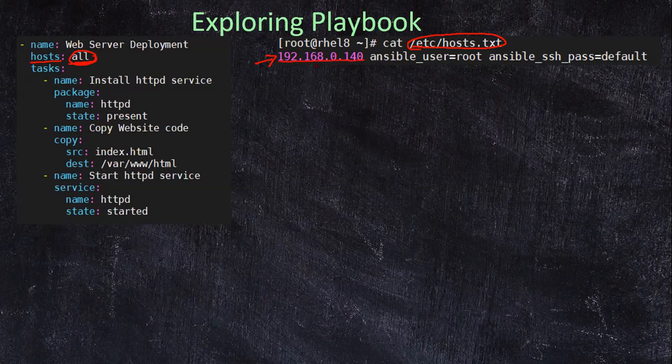As per my requirement, when you are running a specific playbook across different servers, there could be a scenario wherein, for example, you have written this specific play for configuration of web server deployment, but you do not want the same code to be executed across your database servers, because in the inventory you could have multiple servers. So in that case, it is up to us. We can define the specific host across which I want the code to be executed.